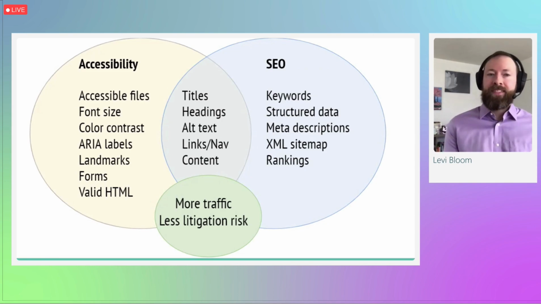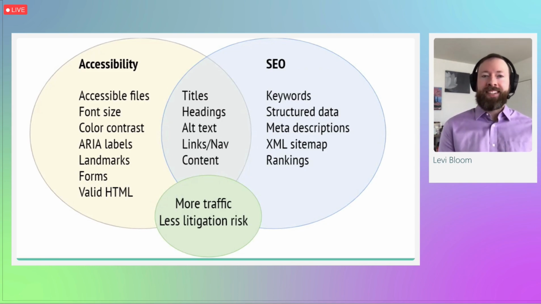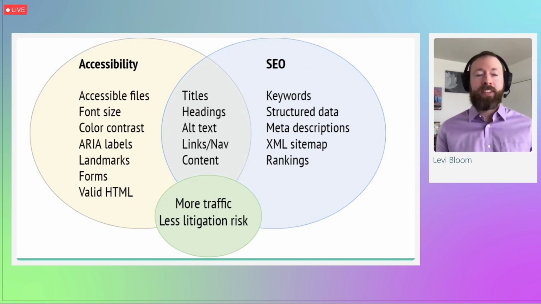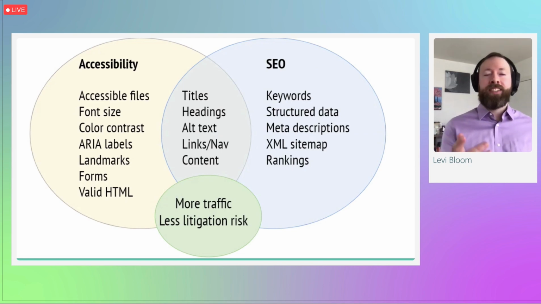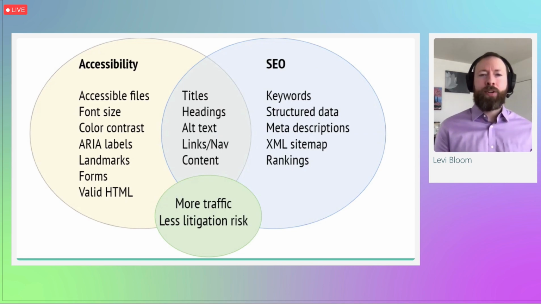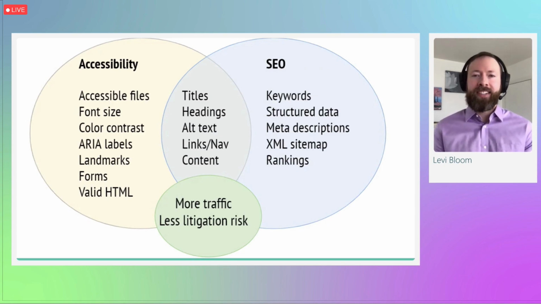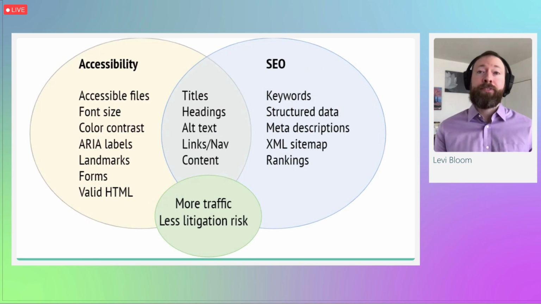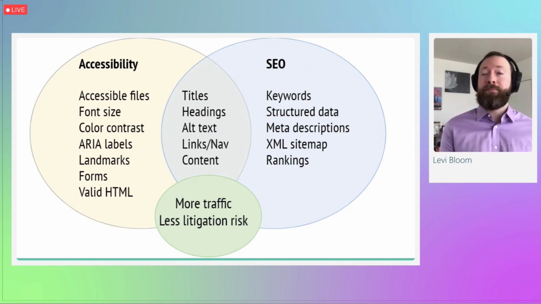So as you saw, there's some overlap between accessibility and SEO, but some things you do for accessibility have little to no impact on SEO, and vice versa. As you can see in this diagram, it's not a total overlap. You have ARIA labels, they won't help your SEO, and the meta description won't help your accessibility. But for the things that do overlap, those are key, because they can benefit both SEO and accessibility.